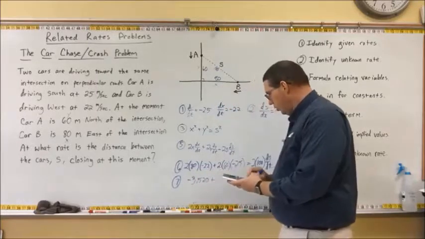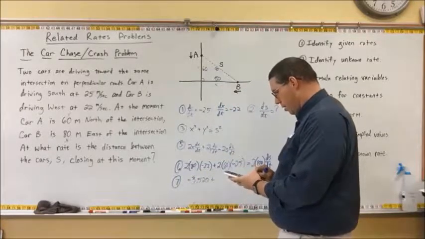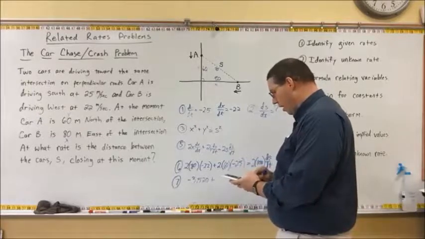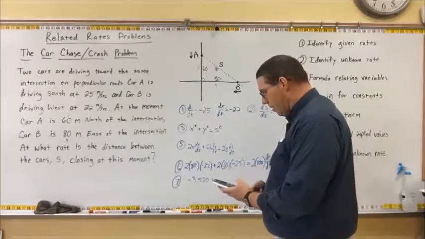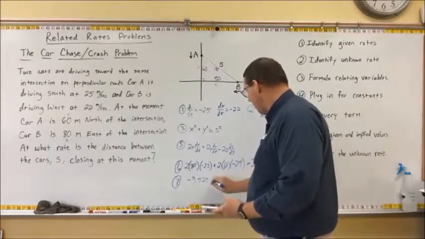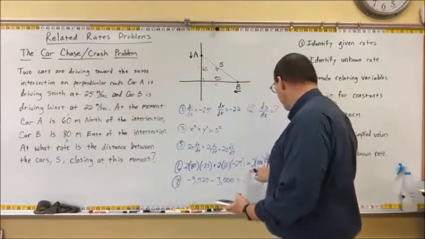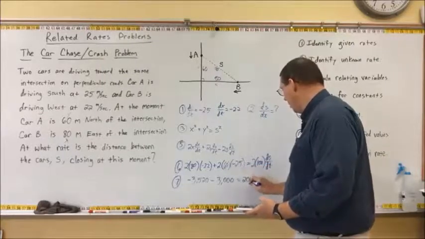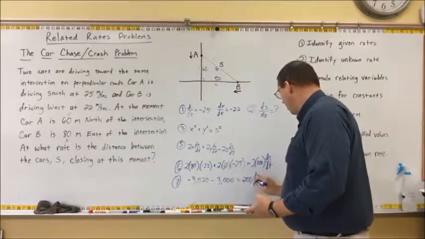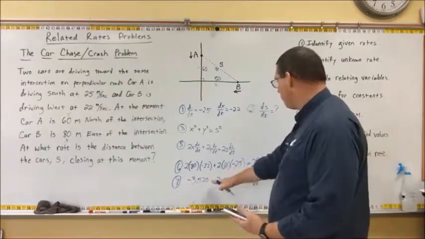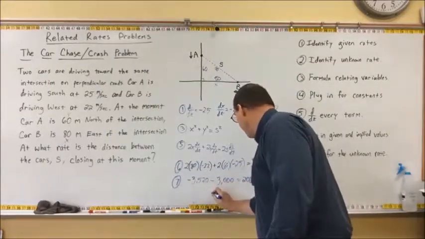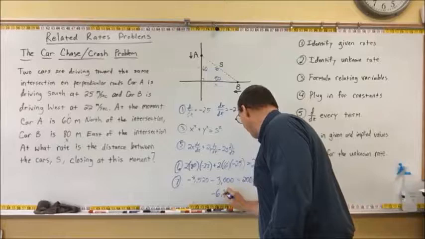Plus 2 times 60 times negative 25. I'm going to change that to a minus, which is 3,000. So I'll make this minus 3,000 is equal to 2 times 100, that's 200 ds/dt. So negative 3,520 minus 3,000, well, that's negative 6,520